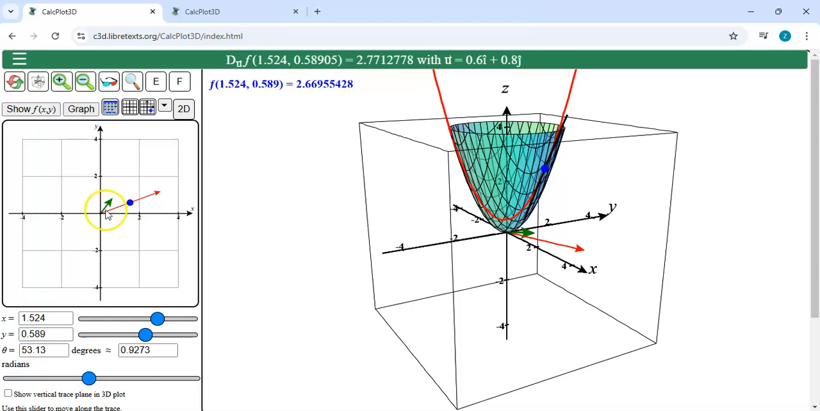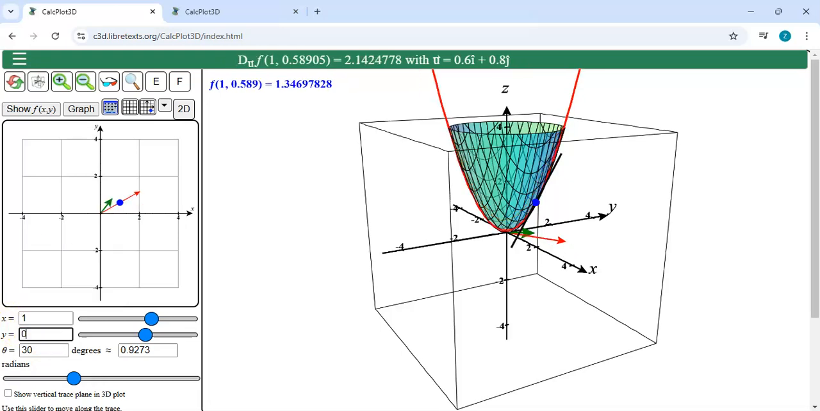And there's my unit vector. So it has coordinates 0.6 and 0.8. That's 3/5 and 4/5. So that's where that's coming from. And then let's look at a few different points here. So if I make x 1 and y 0,